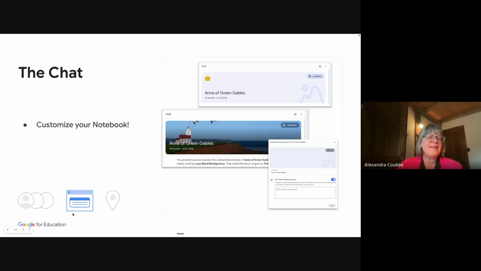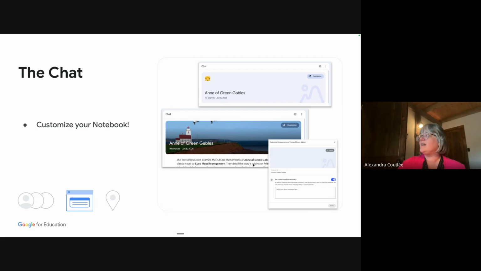The other one that is new but not so new, it happened a little while ago, is you can actually customize the look of your notebook. When you first create your notebook, it will pick an emoji at the top, and it will pick an image, a color of some kind. But you can click on Customize and import the image you want to use. It makes it a lot easier when you have lots of little notebooks on your screen.